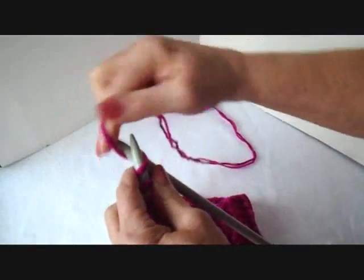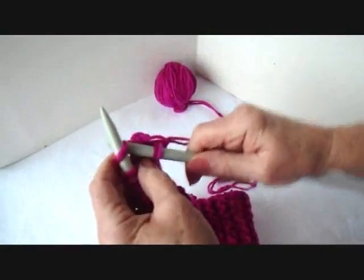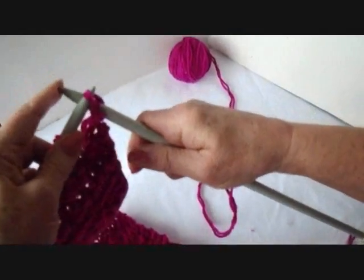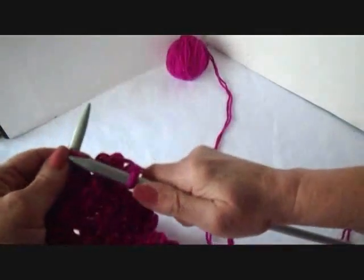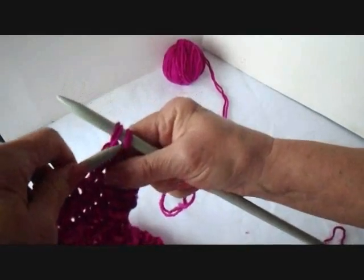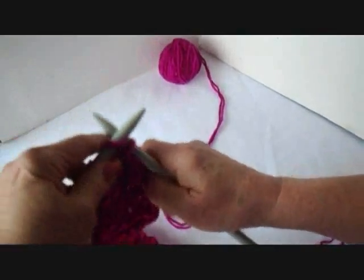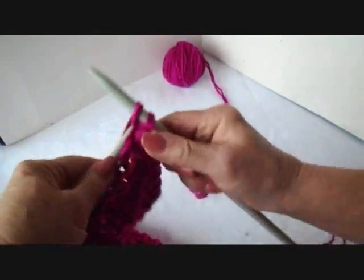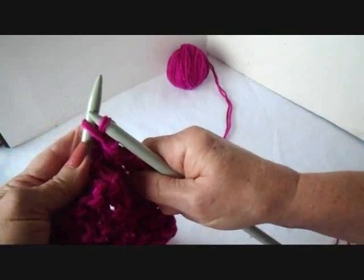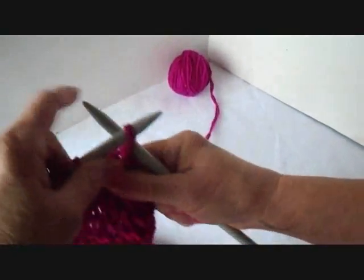To cast off, insert your needle into the stitch, knit that first stitch, knit the next stitch, and then pull the first stitch over the stitch that was just knit. And you continue to do that across the row. Knit the stitch, pull the previous one over and off of the needle. So knit, pull the previous stitch over the stitch and off the needle. So I'm going to work across the row, casting off,